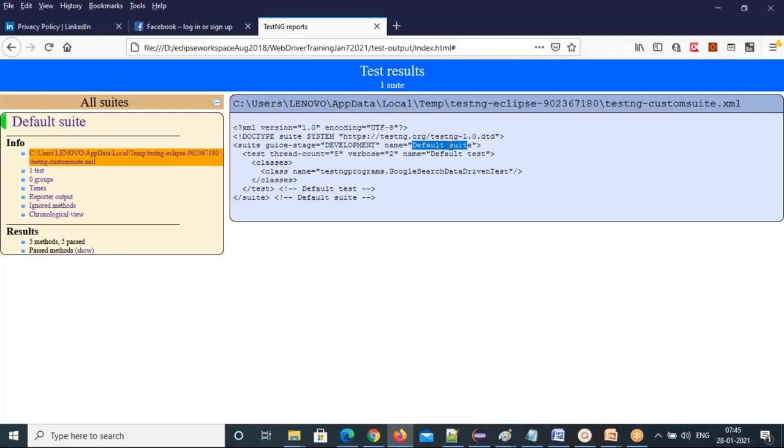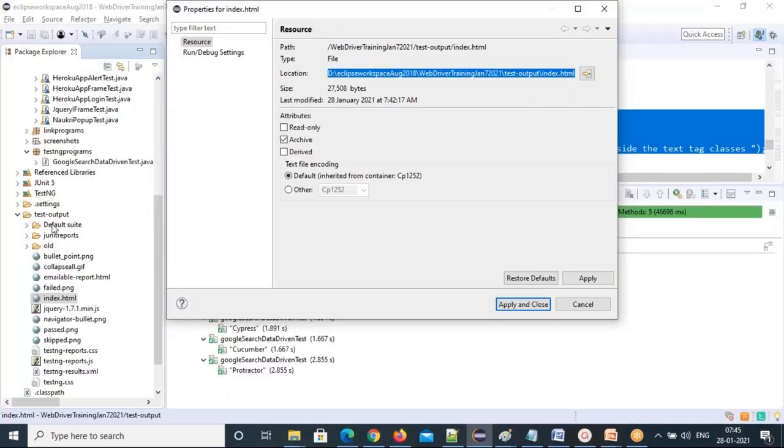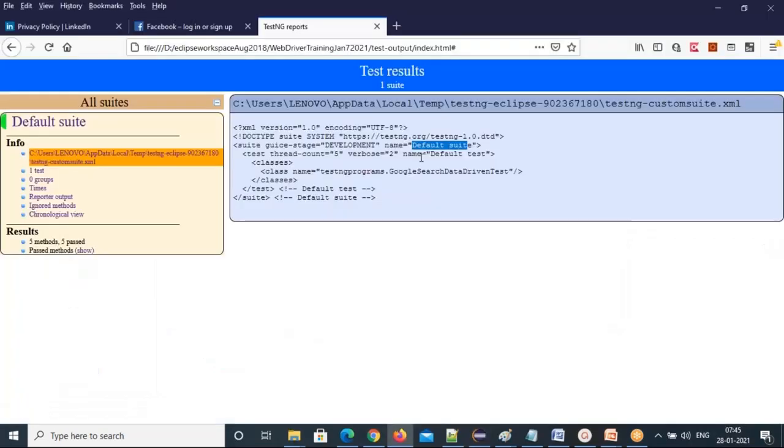With this name, a folder is generated. I don't know whether you observed or not. See that? Default suite under test-output. Whatever suite name you give in the suite tag, with that name one folder will be generated under the test-output folder.